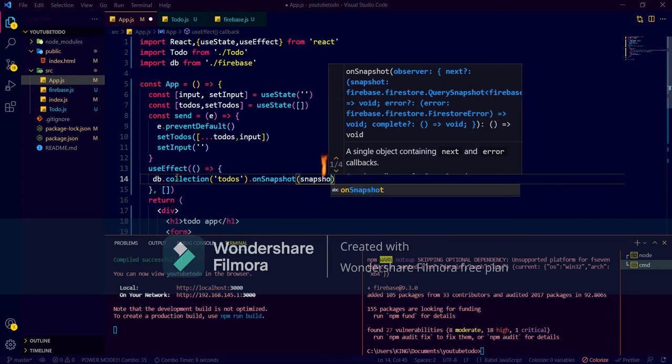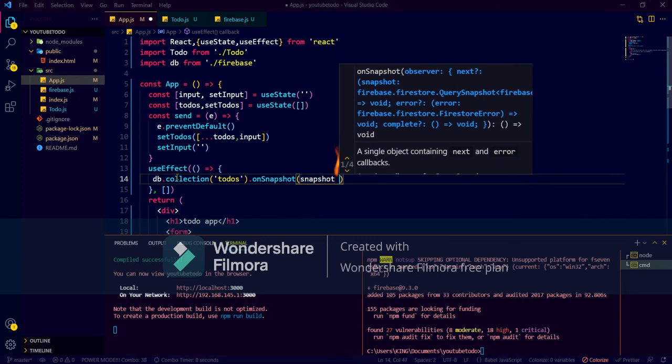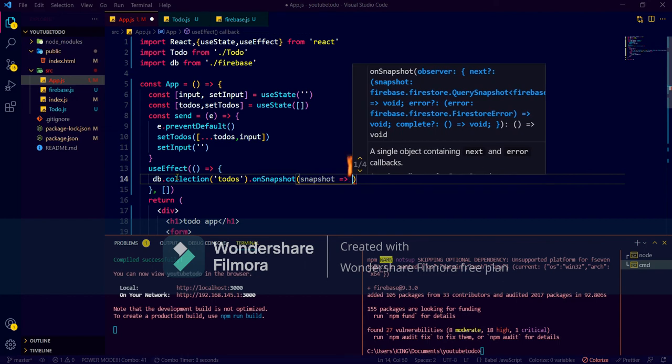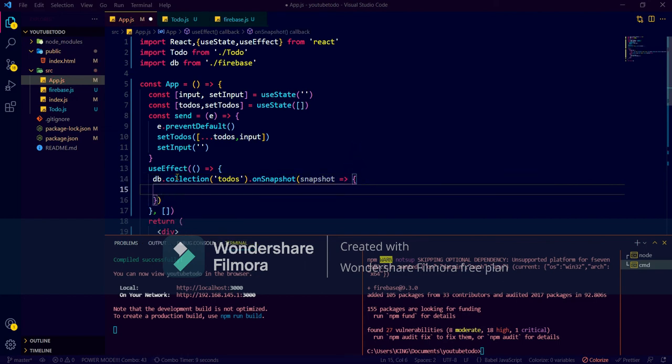Snapshot, with the help of this arrow, and here we write what we have to do.